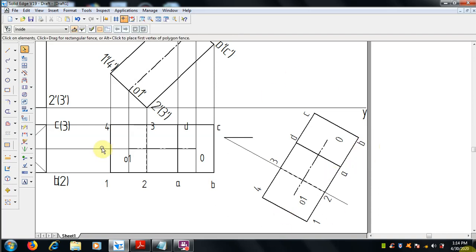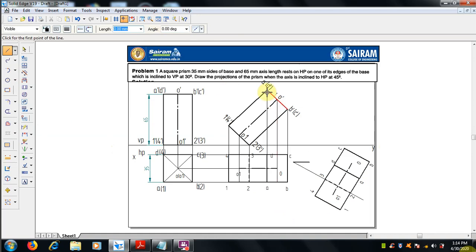Right, now from this view we have to draw the front view, that is after the tilting position. How to draw this? By just projecting the lines from the second position, that is the inclined position. The 1 dash 4 dash line is the axis; draw the projector line.